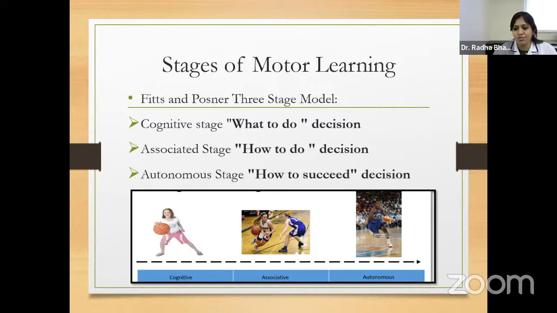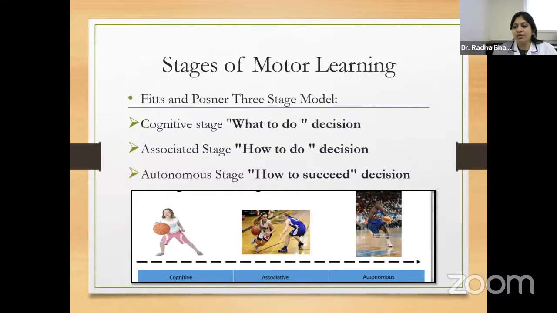When you are seeing your patient, or when your patient is repeating that particular thing and then trying to do it, or is visualizing himself, okay, fine, I have placed my foot correctly. Oh, okay, fine, I am in the right position. My starting position is good enough. That is your cognitive stage.